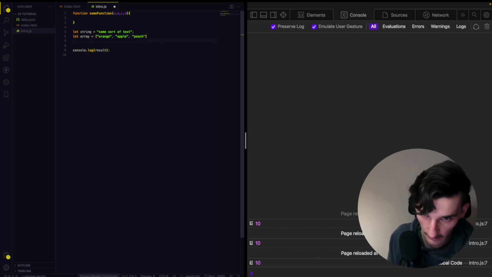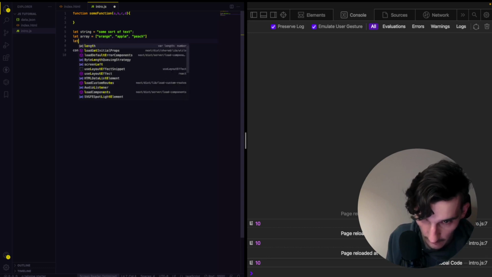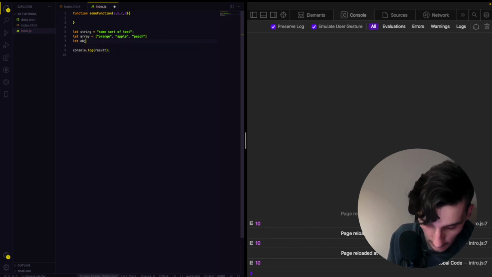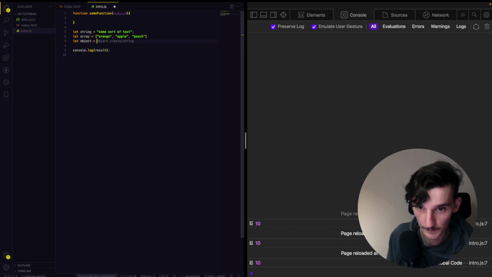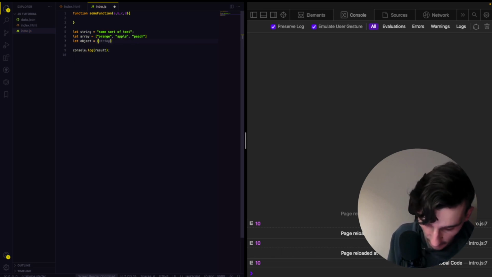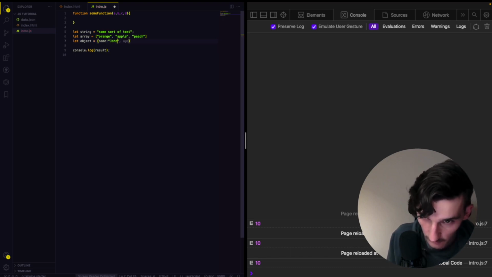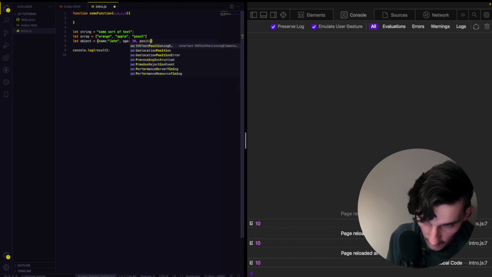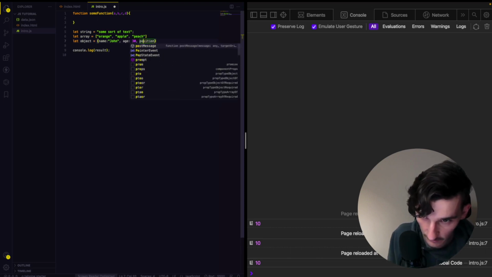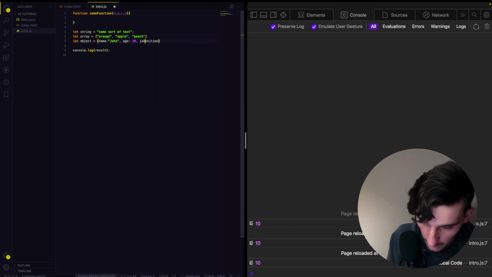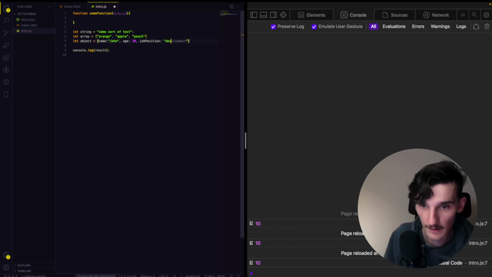There will also be an object. Let object be equal to, for example, an object with name John, age 30, and, for example, position, job position, dev,